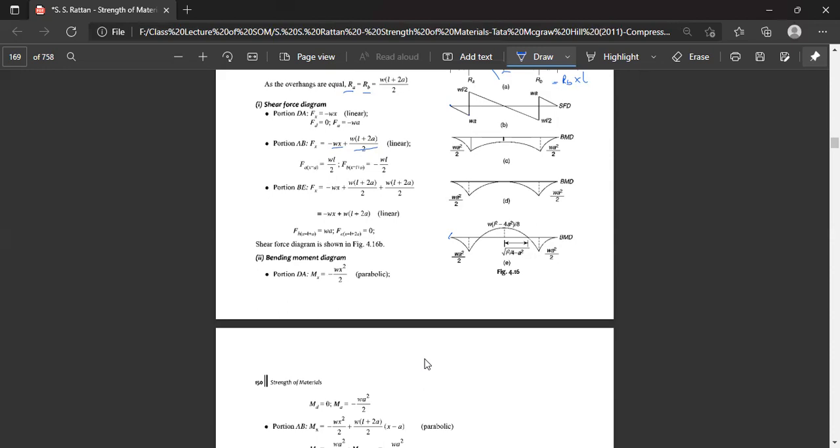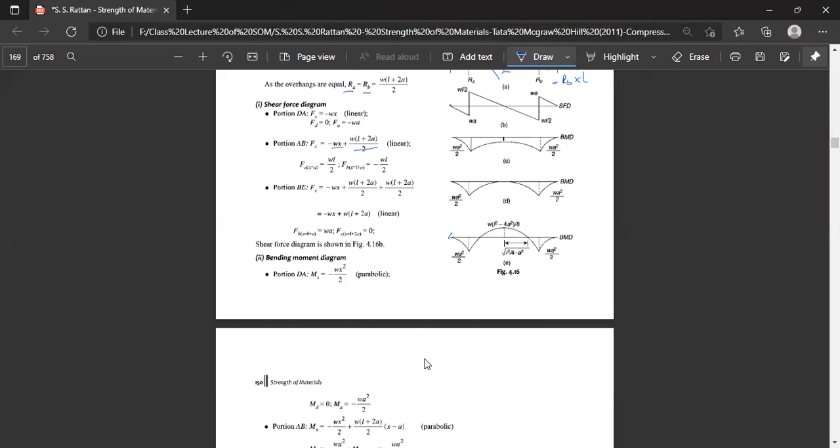In a similar fashion as shear force, we will take a section somewhere in between A to B, and take into account the forces acting over this portion from the left end up to the section X. The force acting over this length is Wx at a distance x by 2 from the section X. So the bending moment will be minus Wx squared divided by 2, because it is also creating a sagging moment, creating a concave shape in the top of the beam. And as per our sign convention, it will become minus Wx squared by 2.